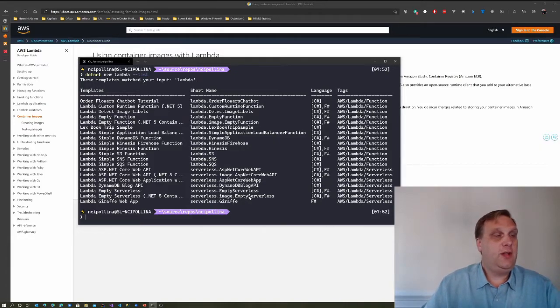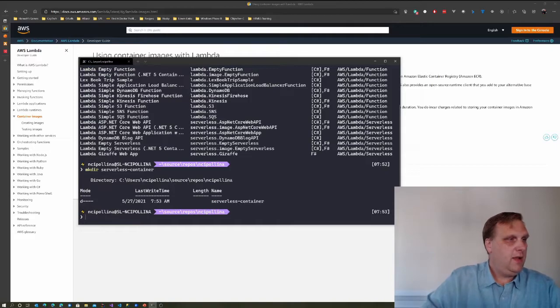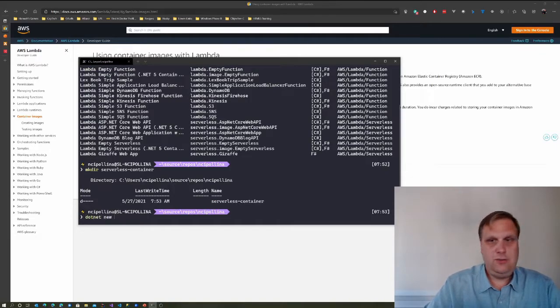These two templates, if we use either one of them, are going to create a new Lambda function that is hosted inside of a Docker container image. So let's go ahead and create that new function. We're going to make a directory for it, and we'll call this serverless container. And we are going to do a dotnet new serverless.image.empty-server. We're going to call this function serverless container, and the output is going to be in our serverless container